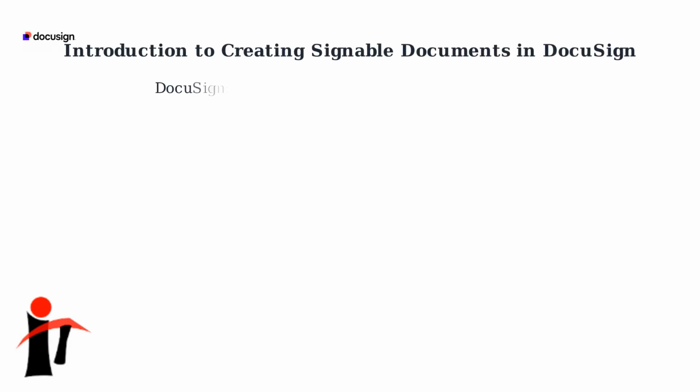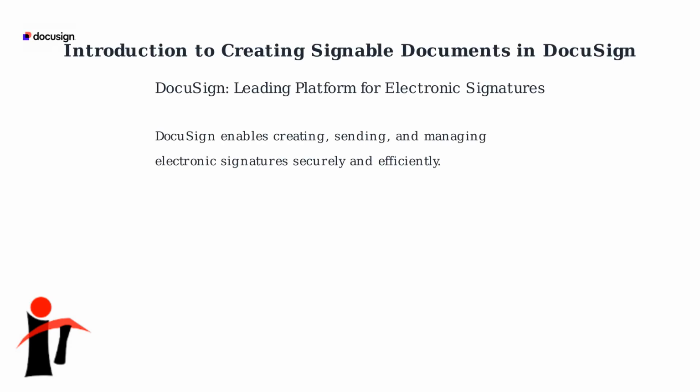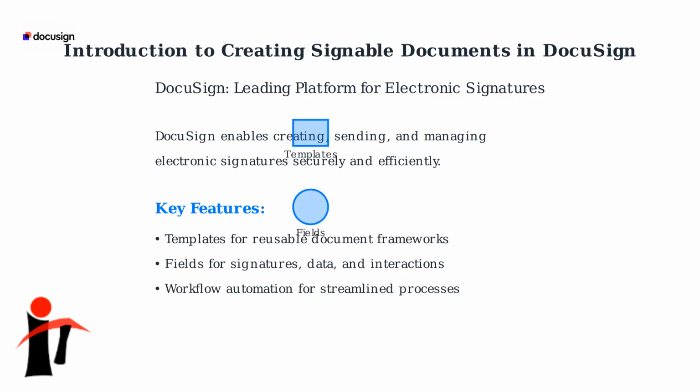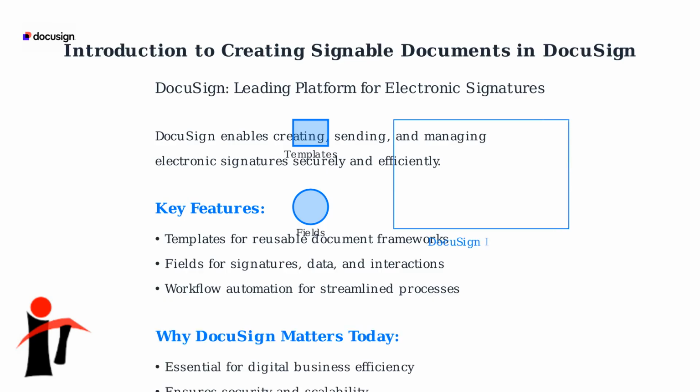DocuSign is a leading platform for creating, sending, and managing electronic signatures. This introduction will guide you through creating signable documents using templates and fields, which are the foundation of DocuSign's workflow automation. Key features include templates for reusable document frameworks, fields for signatures and data collection, and workflow automation to streamline processes. In today's digital age, DocuSign is crucial for businesses aiming for efficiency, security, and scalability, supporting remote work and